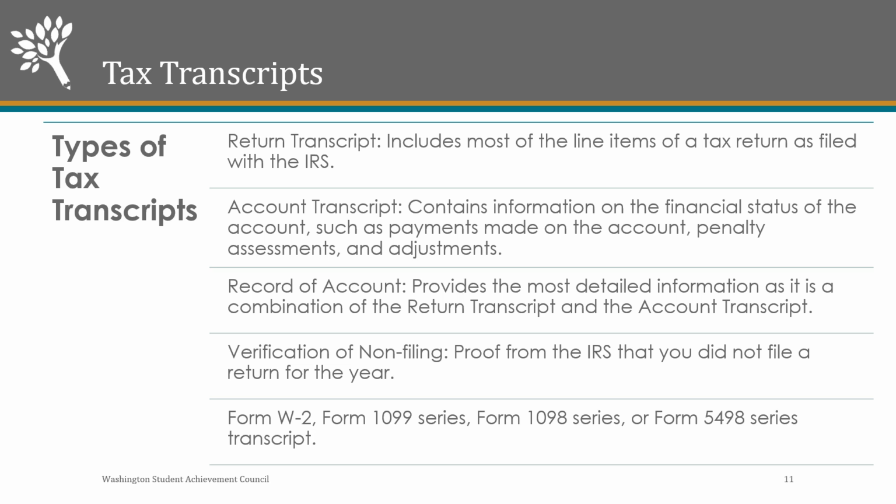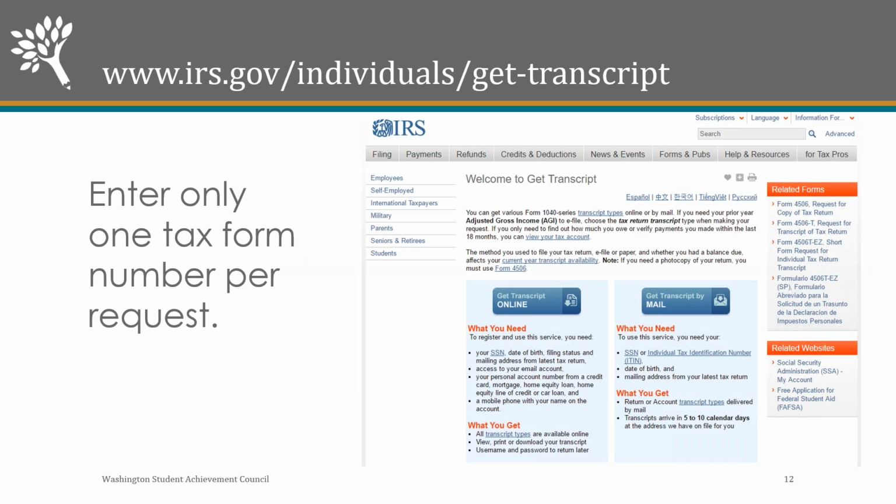Now, some students this year are being asked to provide a verification of non-filing. It's just basically proof from the IRS saying that you did not file taxes. And so if you have a student that is needing a verification of non-filing, they want to make sure that they complete the tax transcript as well, and that's an actual letter they will send. Now, if a parent is needing to request their information for verification and the student, it's going to be two separate requests for that information from the IRS. So you can only do one